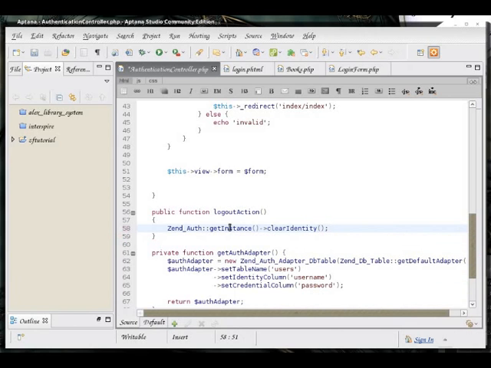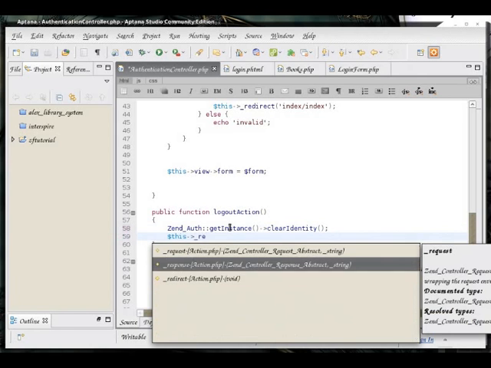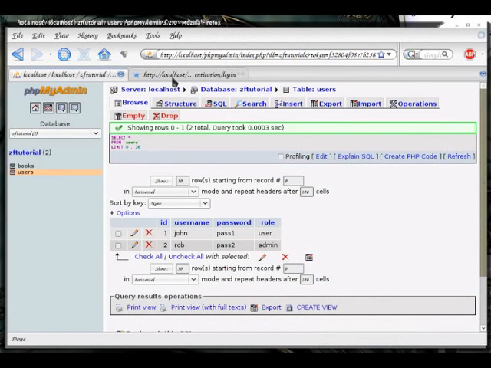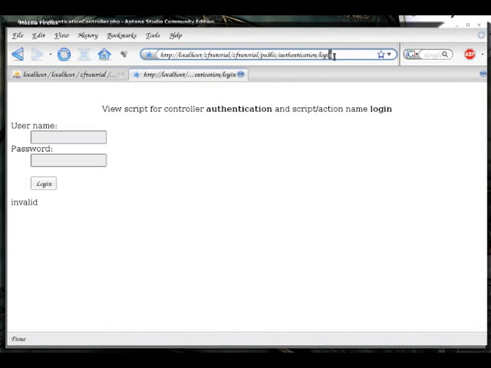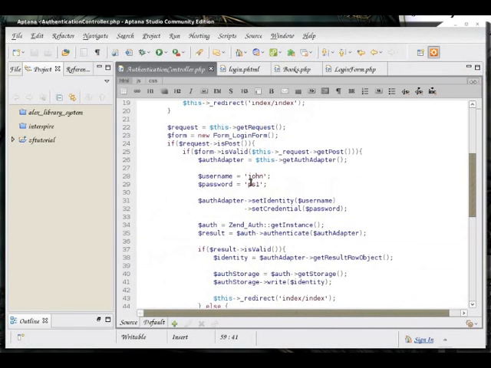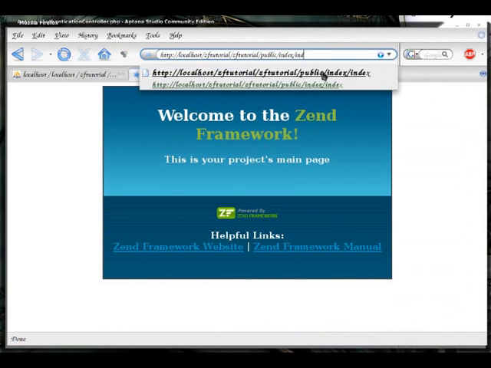All the authenticated information is now cleared, and we just want to redirect away from the page. Okay. Now, even if I have the right password here, I will still stay on the login page for now.